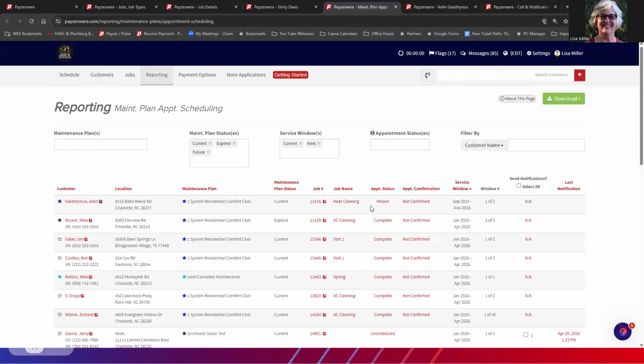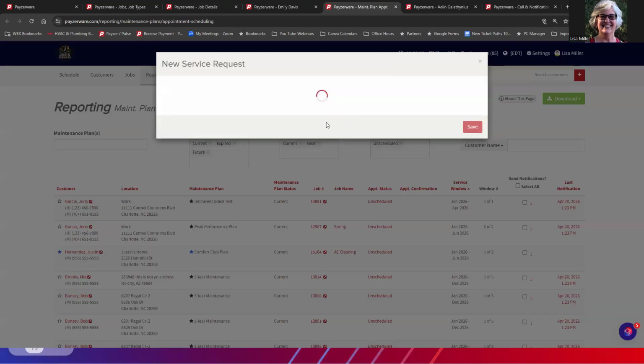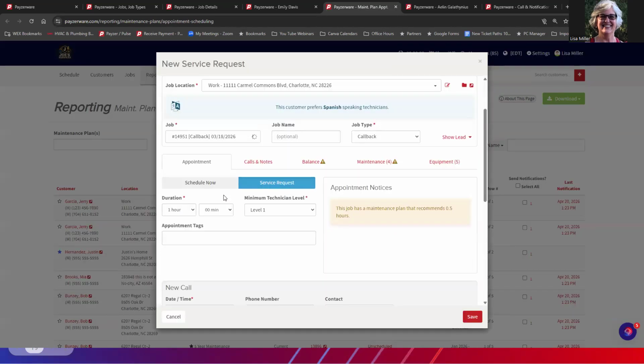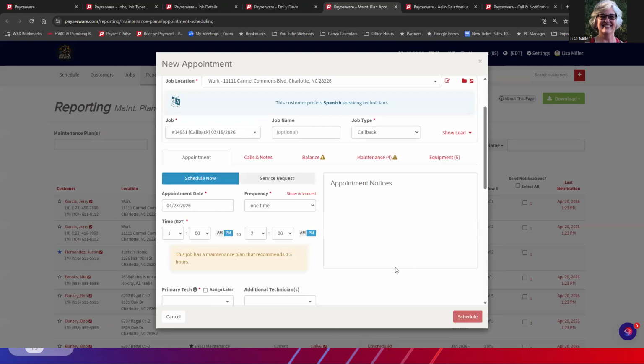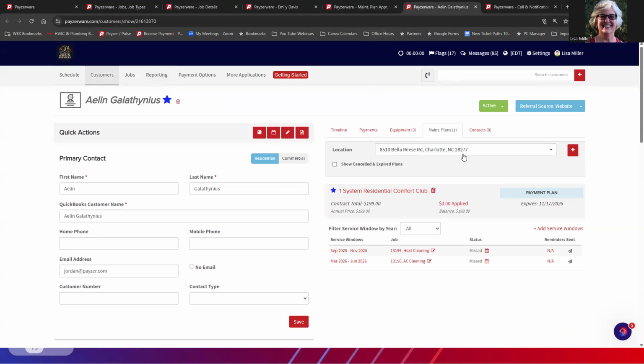So if for some reason you're on the report, and let me go back to anybody who's on schedule, you can click on here and it brings up the same window and you can go ahead and schedule them from here as well. These are the only two places